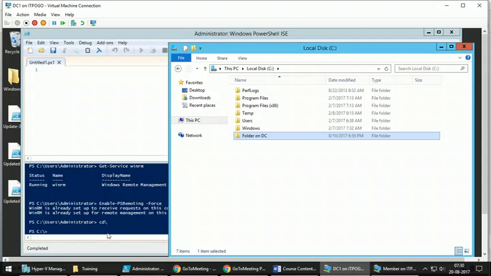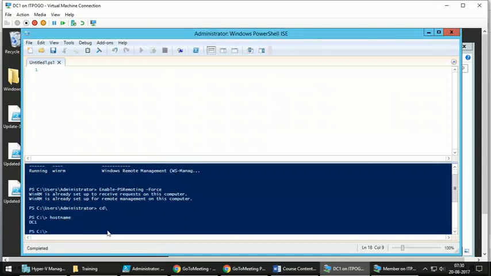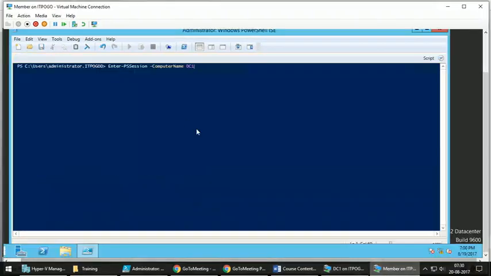So the hostname of this computer is DC1, and you need to make sure you are able to ping DC1 before you try to enter the PS session, because that is the basic requirement. Unless you are able to ping that computer, you cannot enter into the PS session for that computer.